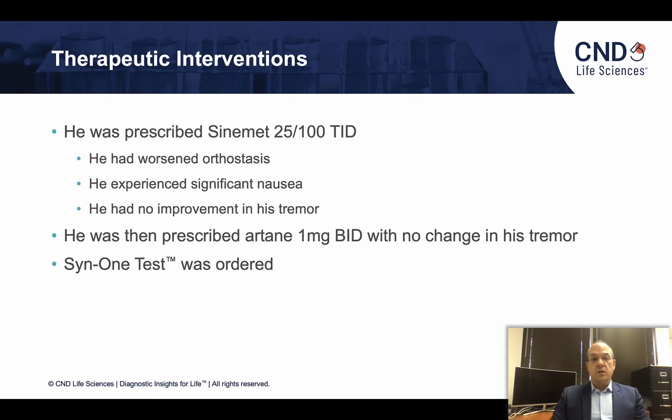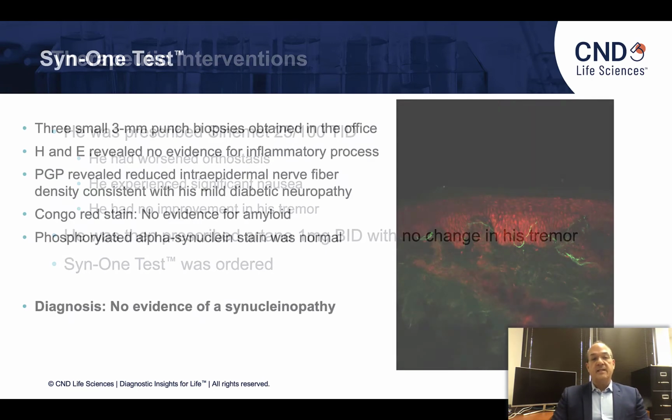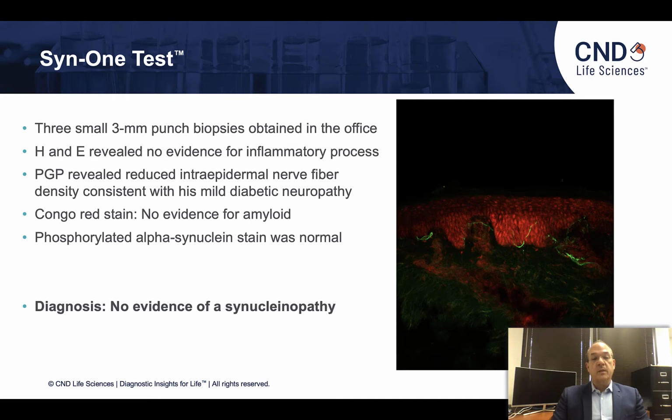Due to the confusion of whether or not this represented a true Parkinson's disease syndrome, we ordered a SYN1 test to look for evidence of the phosphorylated alpha-synuclein. This test entails taking 3 small 3 mm punch biopsies that are done in the treating physician's office. Each piece of skin is run for H&E, which looks for inflammatory diseases in the skin, and in his case,